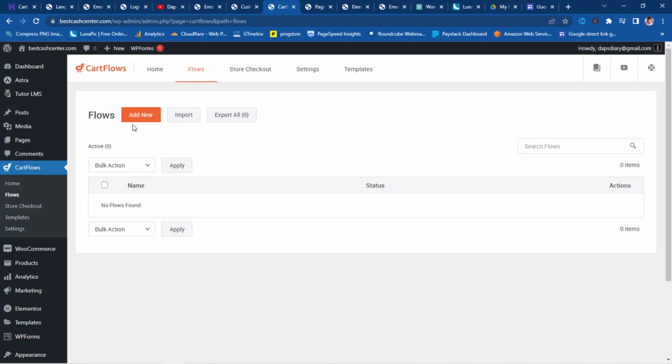But because we are following Tutor LMS, which is following the default WooCommerce process, what I would advise that you do is to create a store checkout, so that whatever checkout process we create here will override the WooCommerce checkout process. I don't know if what I'm saying is making sense, but if it doesn't, let's just follow through and see. So let's come to store checkout,